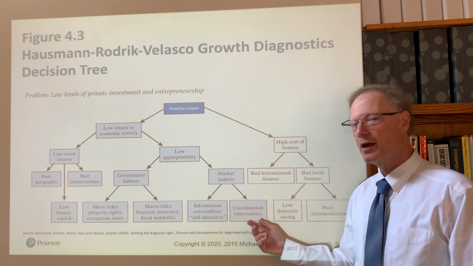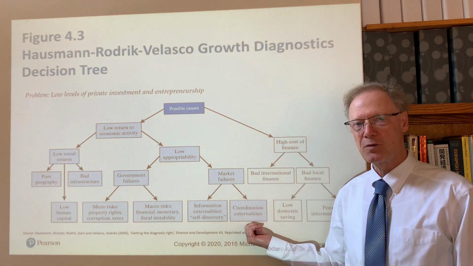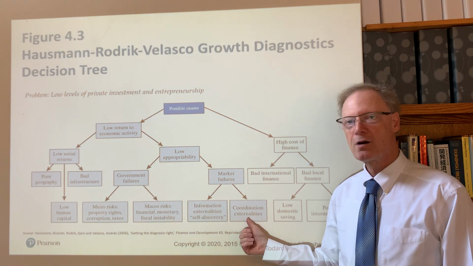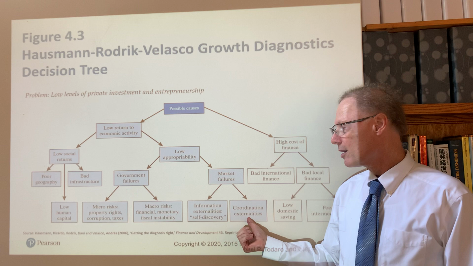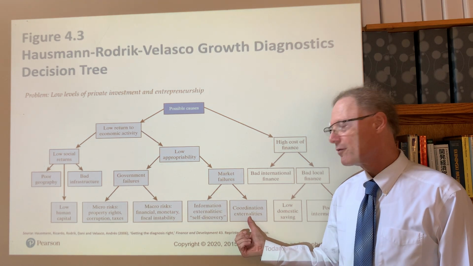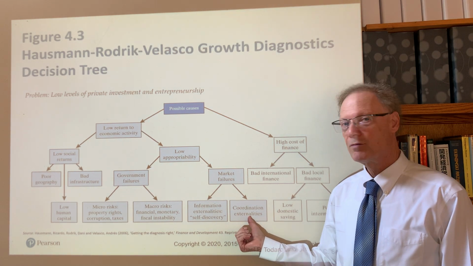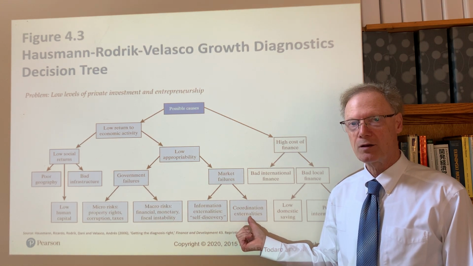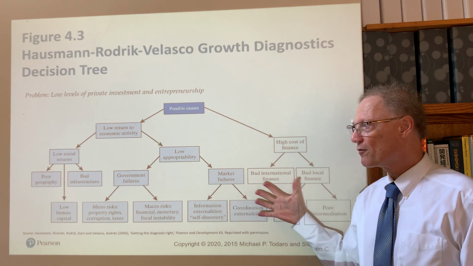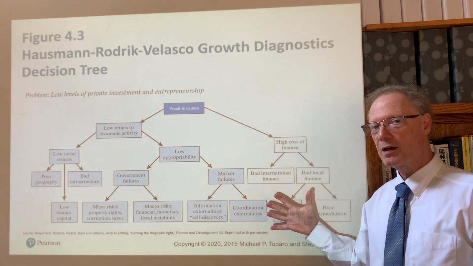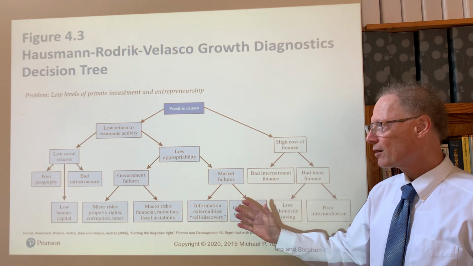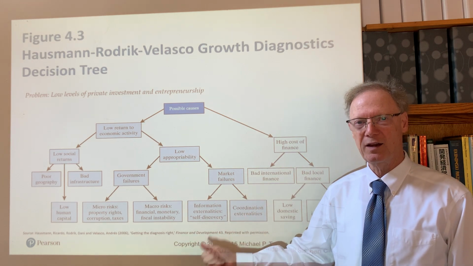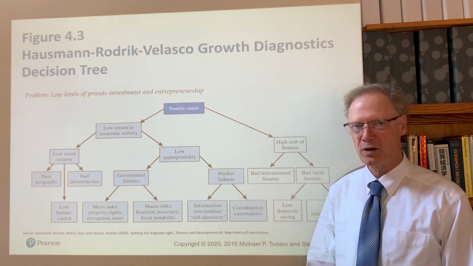The other is coordination externalities. This refers to the kind of coordination failures that we've looked at in some detail in chapter 4. This includes the big push, certainly, but also some special cases of complementarities that can lead to too little investment in skills. We looked at that formally with respect to the O-ring model of economic development. So this is the framework. This is the way of thinking through what kind of constraint that the country faces. Here it's abstract. We'll make it a little bit more specific in the case of an application to Bangladesh shortly.